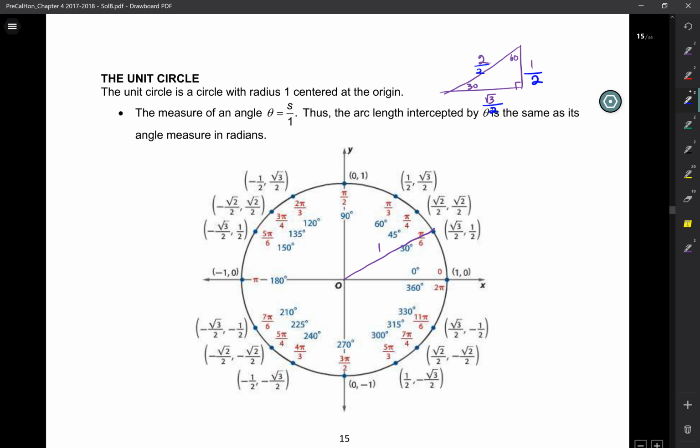So now, there's no longer 1 and root 3 and 2. It's always a short side with a 1/2, a long leg with a root 3 over 2. All right, so now, this is an angle of how much here? 30 degrees. So, if I wanted to find the sine of theta, sine of 30, is sine the y or